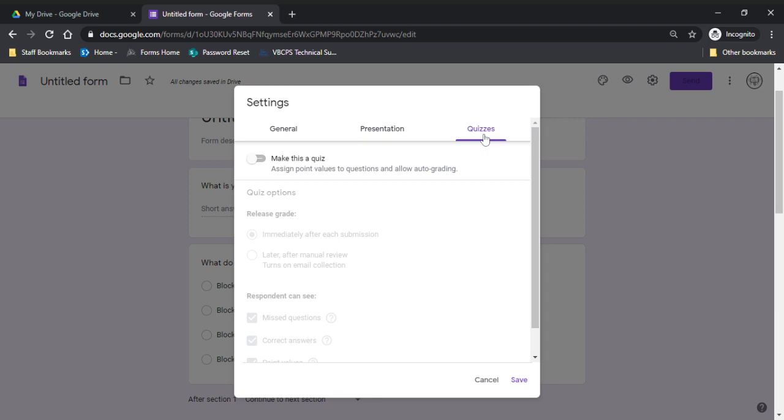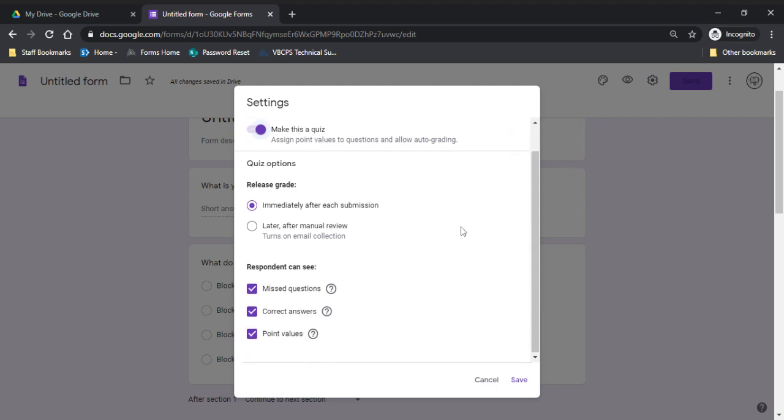And then if you want to make it a quiz, I started using this last year. You slide this over. So now I would go back and I would put points in there. And then I don't use immediately after each submission. You could if it's multiple choice, but for math, sometimes they have to type in numbers, so I always click later. So you can use the Flubaroo app, and I have a post about that to grade it for you,